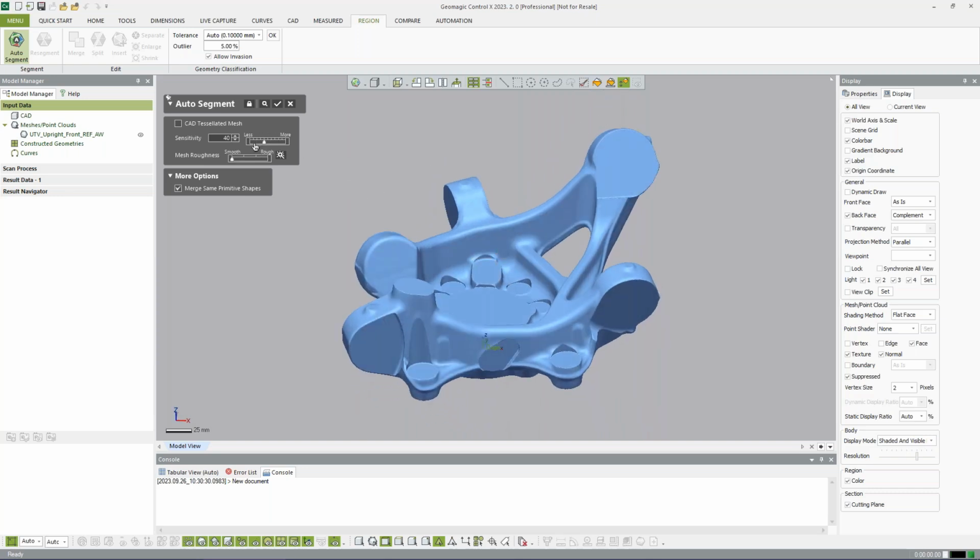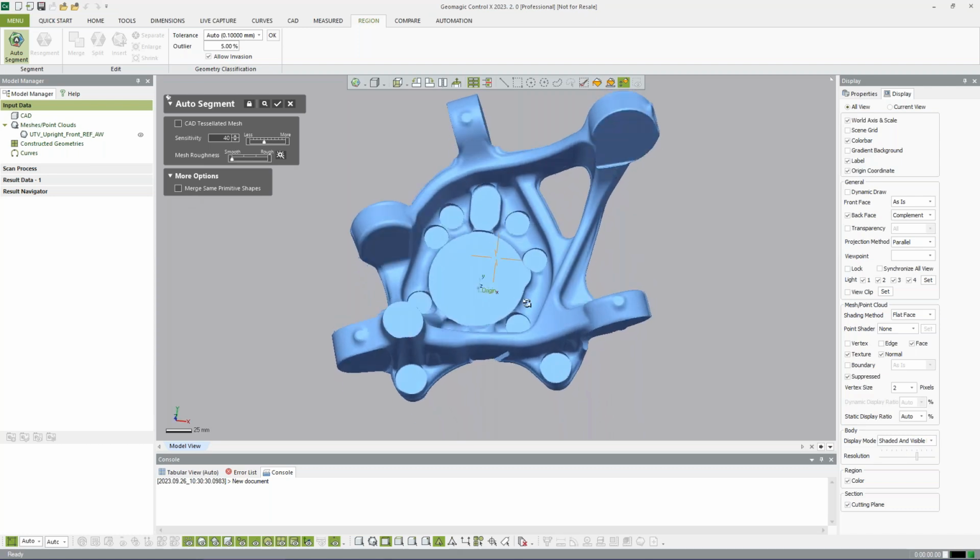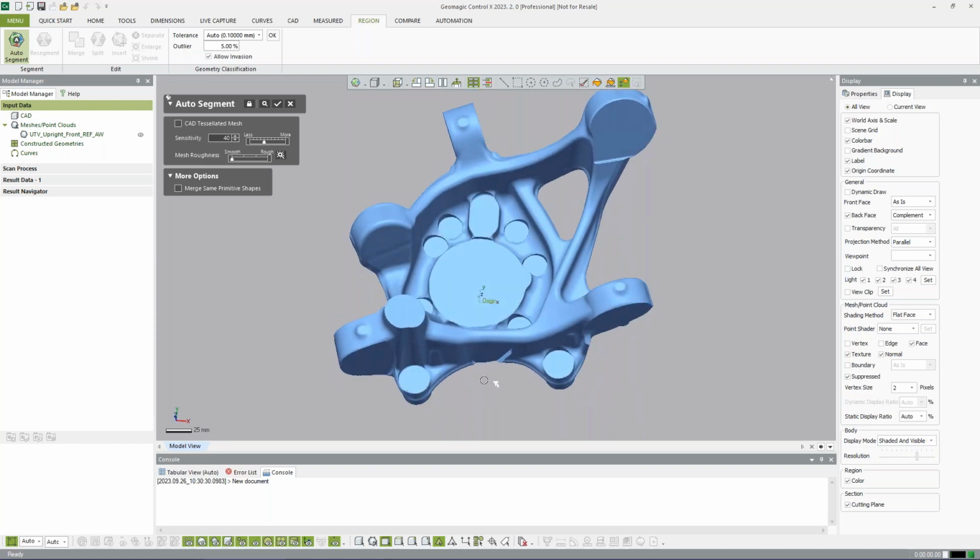So, and then we're just going to use kind of default settings here. So I'm just going to come in, and I'm actually going to leave this at around 40 or 50. Depending on where I put this depends on how much it divides up the shape. So I'm going to turn off this merge same primitives because I want individual planes. What this will actually do, if I leave this on, is if these two planes are at the same height,